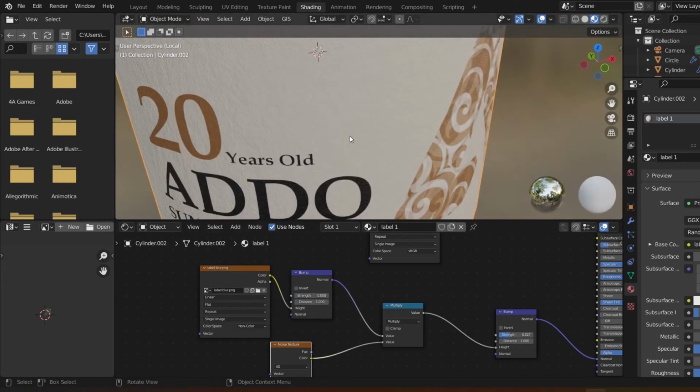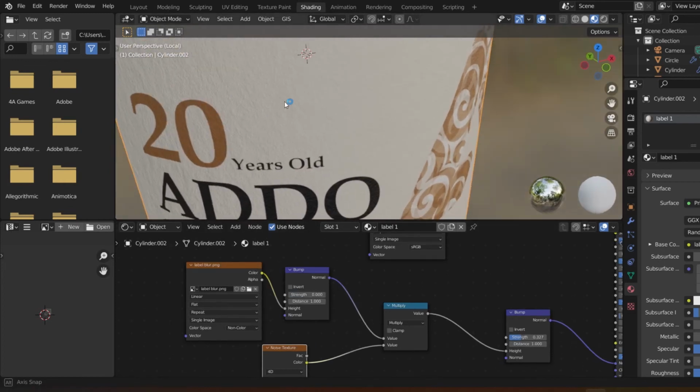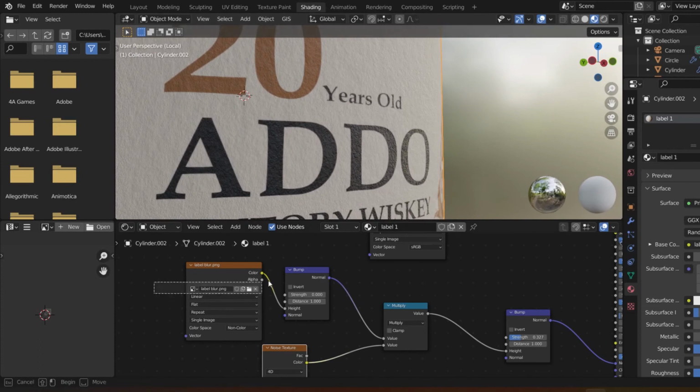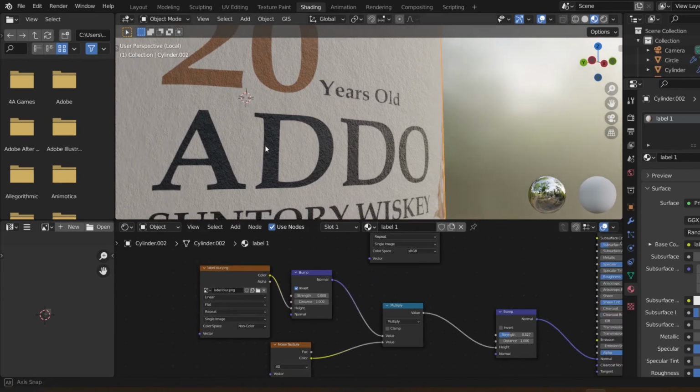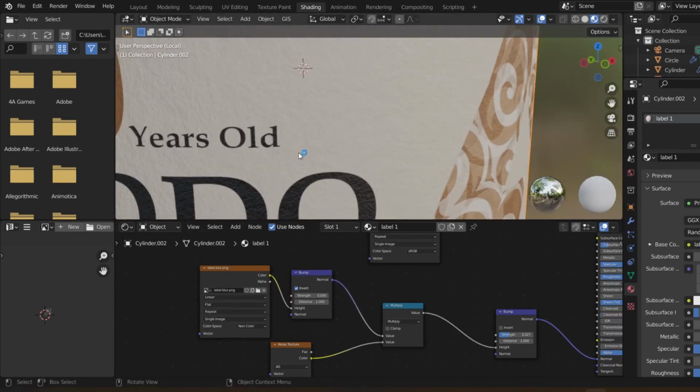Or you know what, let's not even use this anymore because it won't even apply. I can just delete this if I want to, but let me just leave this for now. So yeah, this is the kind of texture I want,